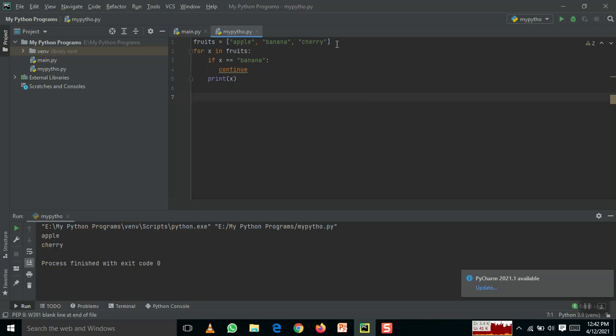Okay, for example, I'll go with one more, grapes. Grapes is there. So now when I run this, it will skip banana. Whatever value you give in the condition, it will skip and continue. Whereas in the case of break, it will come out. When I give continue, it will skip that value and continue until the end. So that is the basic difference between break and continue.